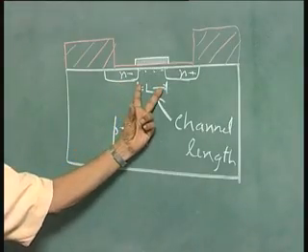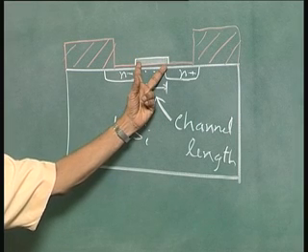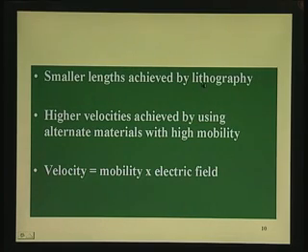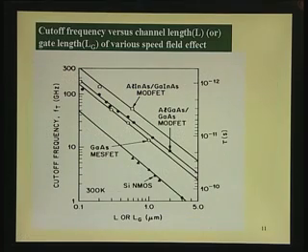This is what we are trying to reduce, which is decided by the gate length, which you decide by lithography. So, photolithography, that is what I mean by saying smaller channels are achieved by lithography. Let us go back to that one. This is actually a diagram which I deliberately put, which shows the cutoff frequency which has been